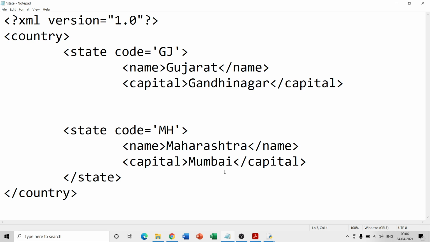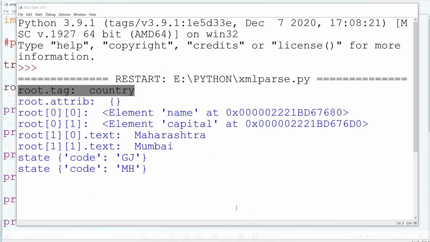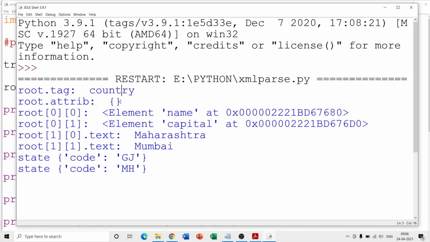First, again, let me get back to the code that we are doing. Tree is a file handler or a pointer to the entire file. Root is tree dot getroot. That means getroot will get the main parent tag, the topmost tag in the hierarchy. So that is what is being printed. If you try to observe, root dot tag is equal to country, root dot attrib is equal to empty brackets, and if you try to observe, they are curly brackets. That means it is a dictionary. Now why is it giving empty?